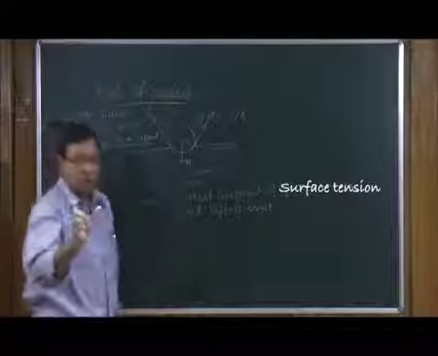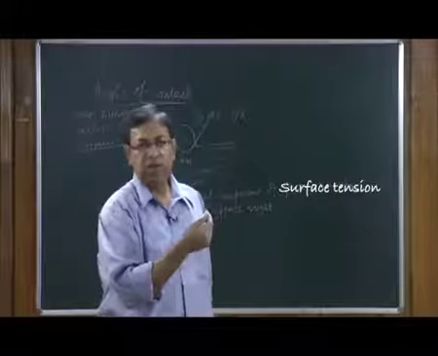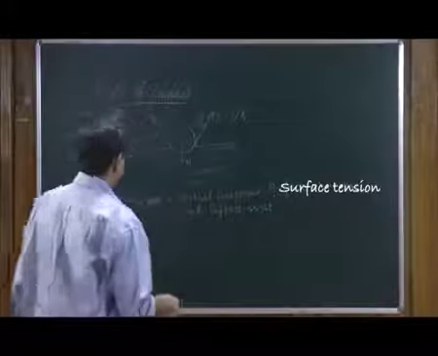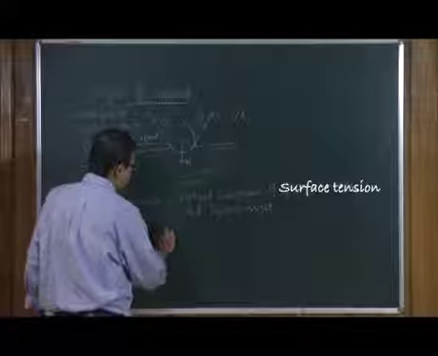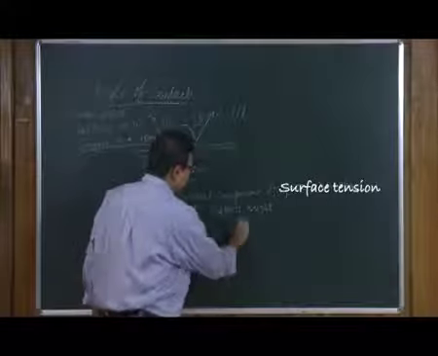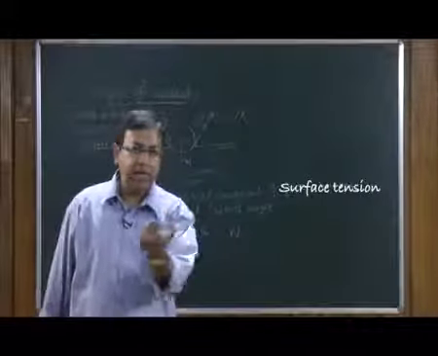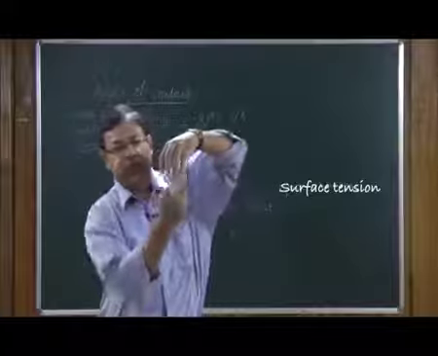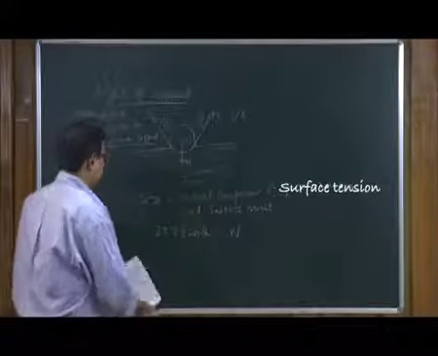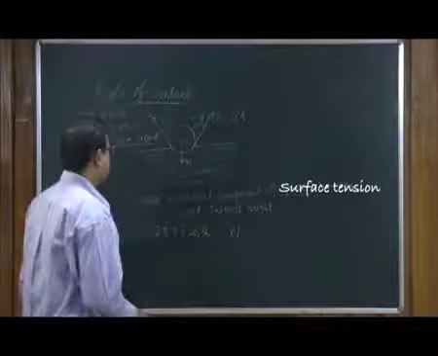So, this force is acting at all points on a circle of radius r. This liquid is enclosing that, and this is dipping that surface, and so we have 2 pi r S cos theta, which is going to support the weight of the balloon. The 2 pi r comes from each point where the sphere is dipping. So, at all points on this circle the surface tension acts and gives rise to a total force upward, which balances the downward force due to gravity and the weight of the